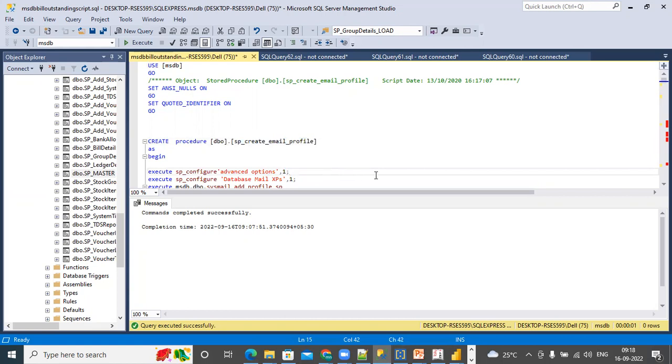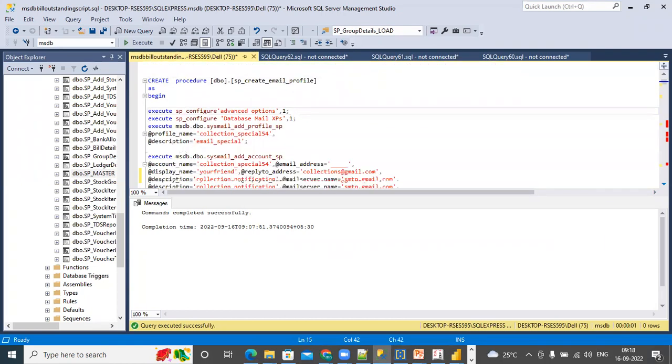So we will actually create it, but I'm showing you how it is done. And then you will say sp_configure. These two inputs are going to be there. This has to be one, this has to be one, right? And thereafter you'll set up a profile name. And after that, you'll add sysmail_add_account_sp, and here you will put your own email name. What I've done here is I've basically played around with the